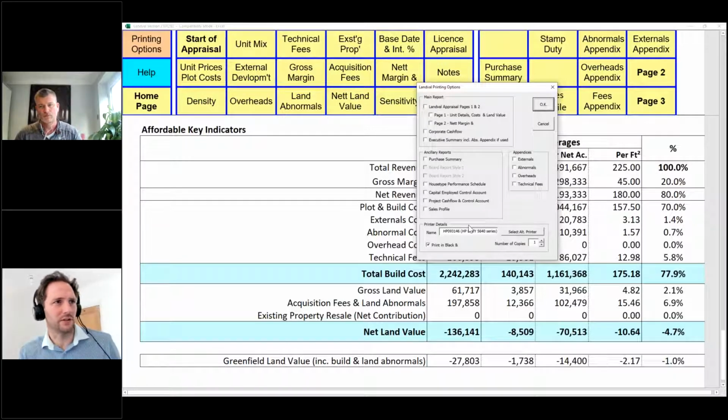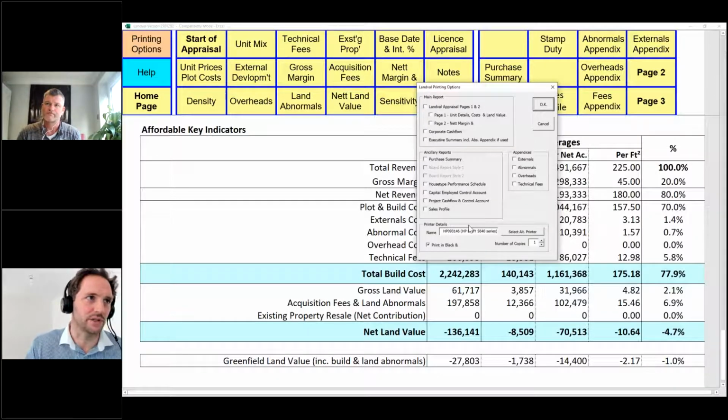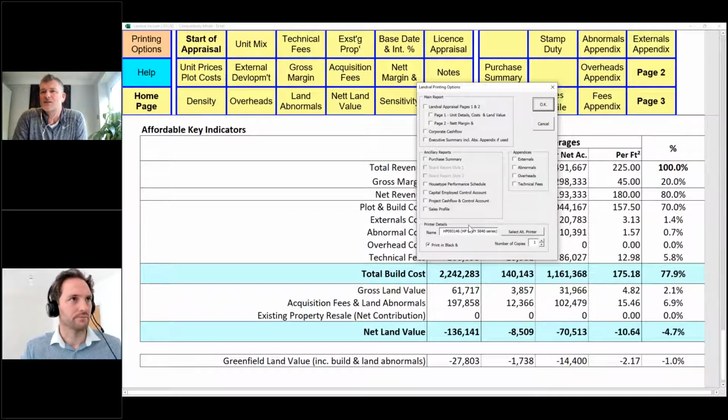Could you manipulate the model to reflect different procurement routes, e.g. construction management versus a D&B contract? Yeah, it's cost, isn't it? It's what is the cost of this to you?